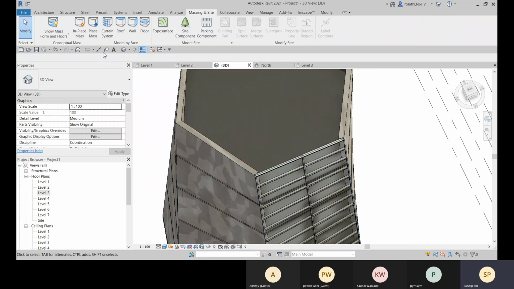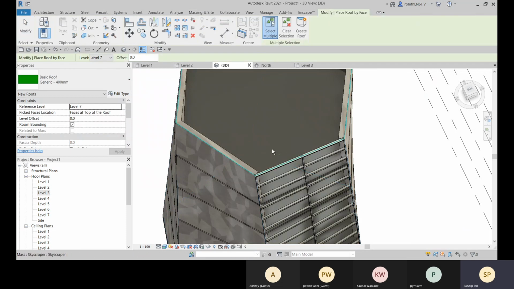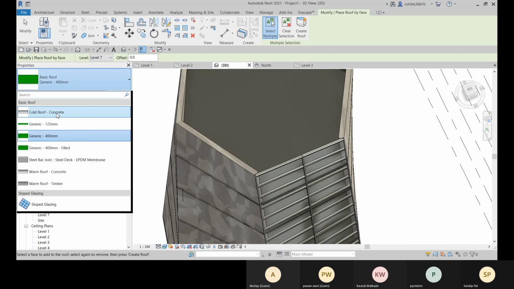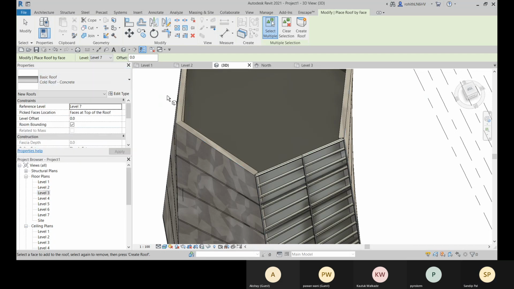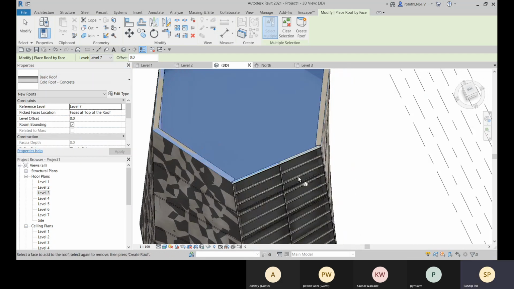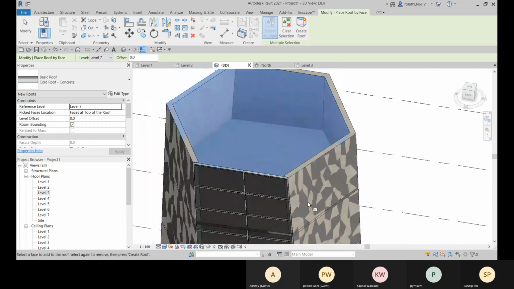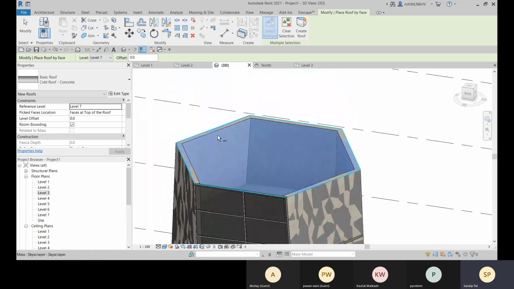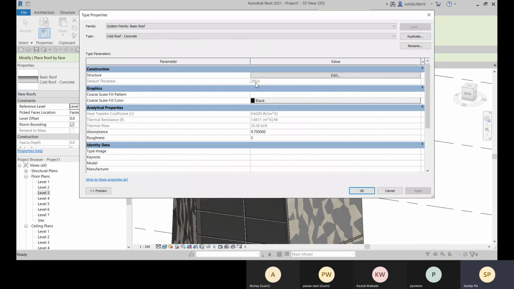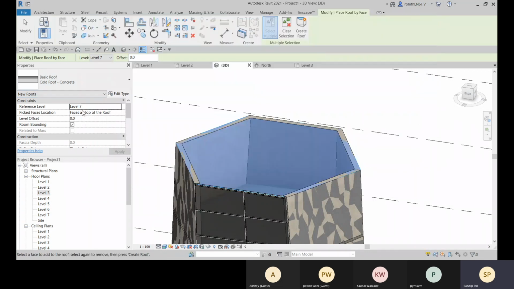Again, go to the massing and site, and here we have the roof option. Just select. Before that, just change the type. Okay, and it is created. Okay. And if you need to place at the top, so you just give that base offset. 295 will be the base offset.